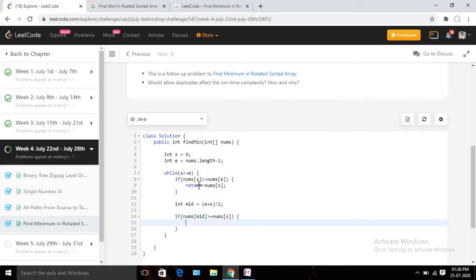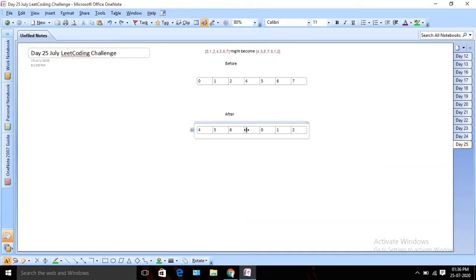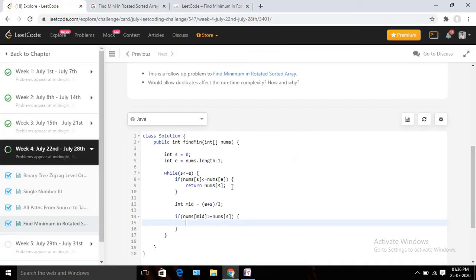So what I am checking here, suppose in this case 7 will be a middle number, right? I am going to check the starting value. Is it greater or less? If it is less, then we can increment the start pointer, right? We can start looking directly from this location, mid plus 1. So I am going to update my s as mid plus 1, okay?